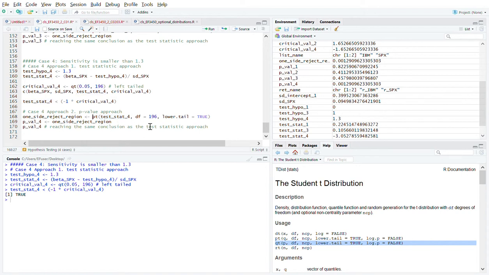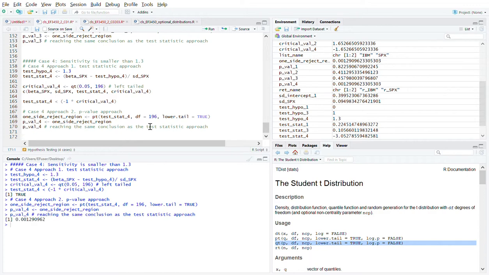So we'll just calculate it, and we do not need to multiply by 2 because it is one side, and then this time we have a p-value equal to 0.001, which is